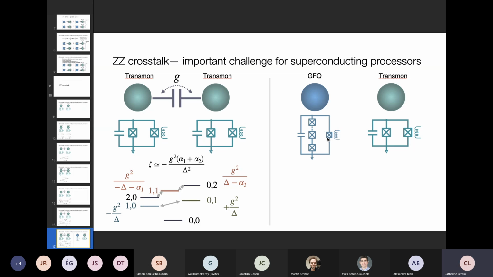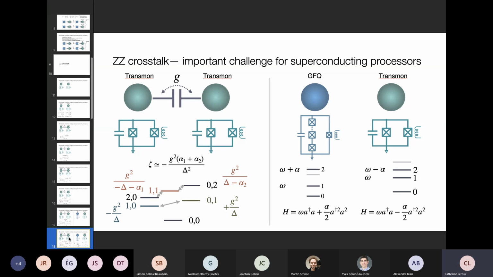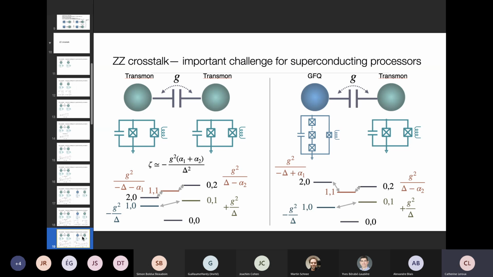And we have a small junction in parallel with a large junction array, sorry. And you can also have some external flux bias to change the properties of the spectrum. And in a specific parameter regime, we'll come back to this in a bit, you can also have a Kerr oscillator, but this time with a positive anharmonicity instead of negative. And you can do the same process as before, so add a capacitive link and compute all the energy shifts,